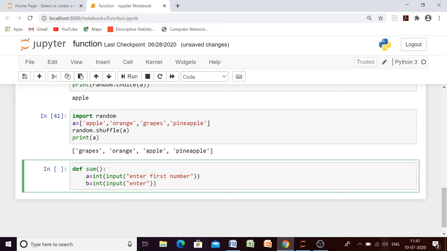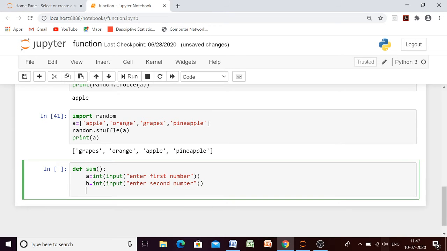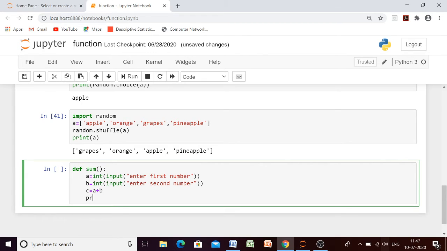It means two operands are needed. Now we have two numbers. We will add A plus B, and we will print the result. Okay, sum is C. That's it.